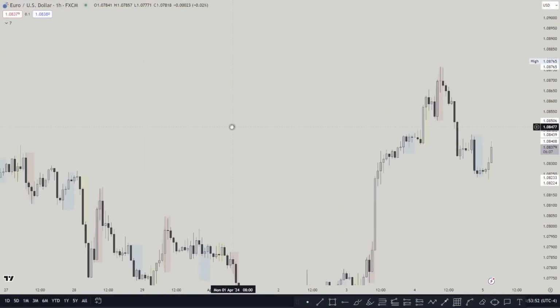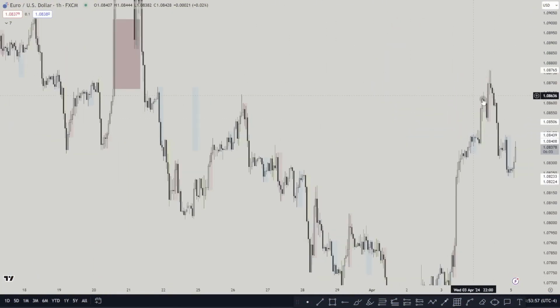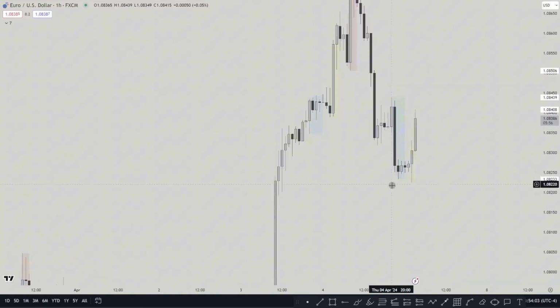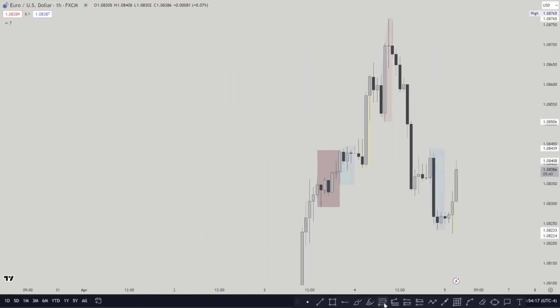Now, another example on euro dollar, and this one I actually talked about yesterday, that this is the level that price is going to react from. Now it's all about PD arrays, but I also added the standard deviation in this case. So our CBDR is going to go from 14 to 20. This is the lowest point, and that's the highest point. In hindsight, we can see that the price is going up, so we can actually apply it to the upside